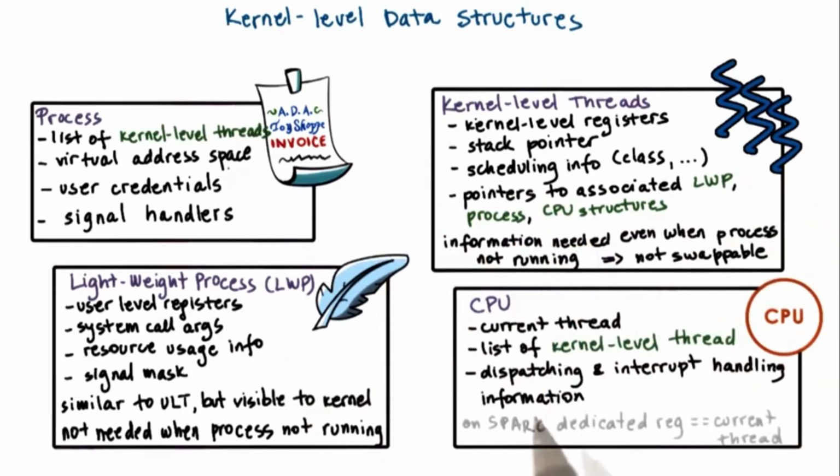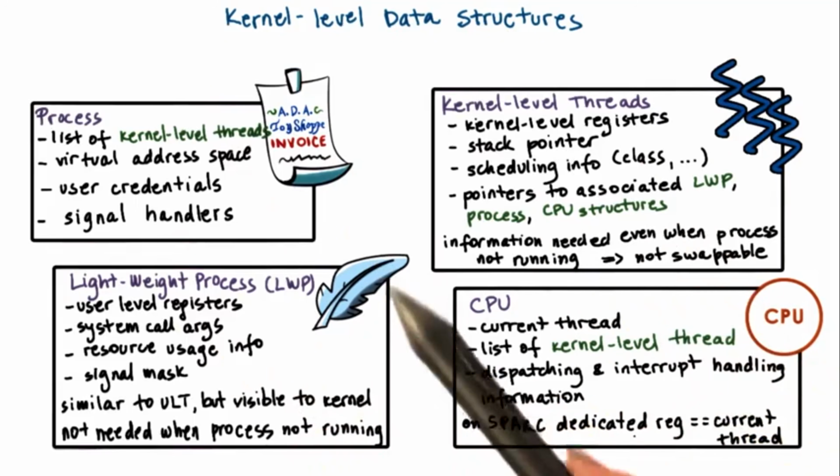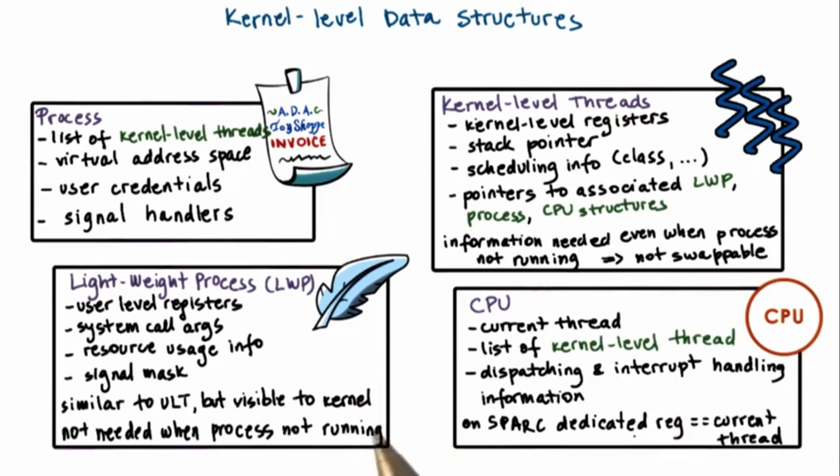through it we can find out information about all of the different data structures that are needed to rebuild the entire process state. On the Spark architecture that is used in the Solaris papers, there are lots of registers, and the implementation is such that there is one dedicated register that is used to point to the current thread at any given point of time. So during a context switch, this register is updated, but what it implies is that it's easy to just access that register and then immediately be able to start tracking through these pointers to find the right information. That's in contrast to perhaps having to access memory to read the CPU structure, to then read the current thread